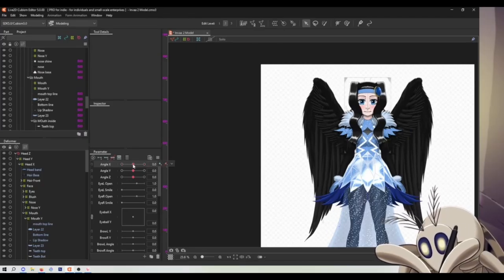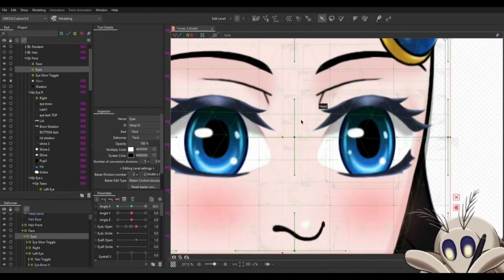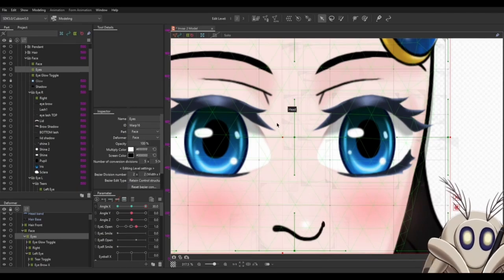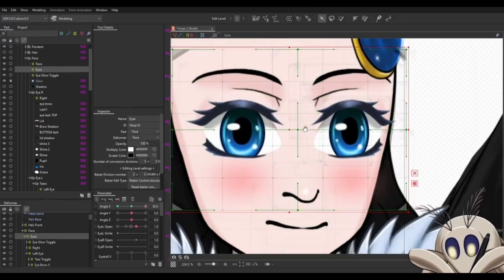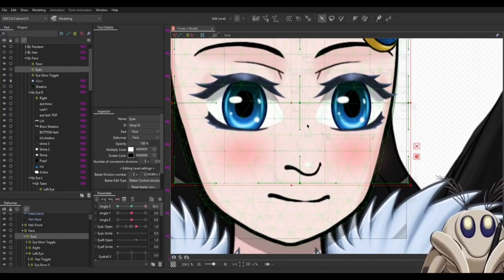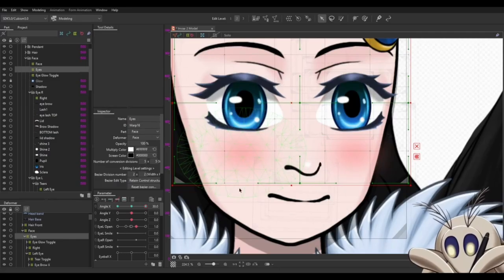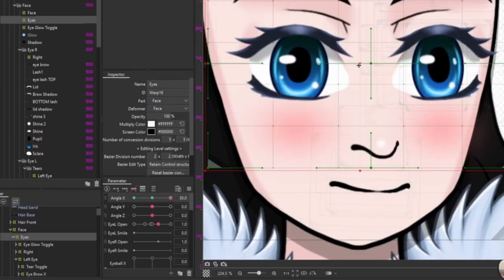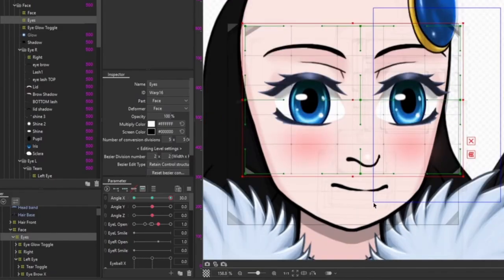Now let's work on the eyes. We're also going to hide the hair for a minute because I want to see the whole head shape first. By the way, what you're looking at here, we're going to adjust the head shape a little bit better than this. It may look okay at first, but trust me, when we adjust the head shape, it's going to look a whole lot better. So, first, what we need to do, going back to the eyes, we're going to select